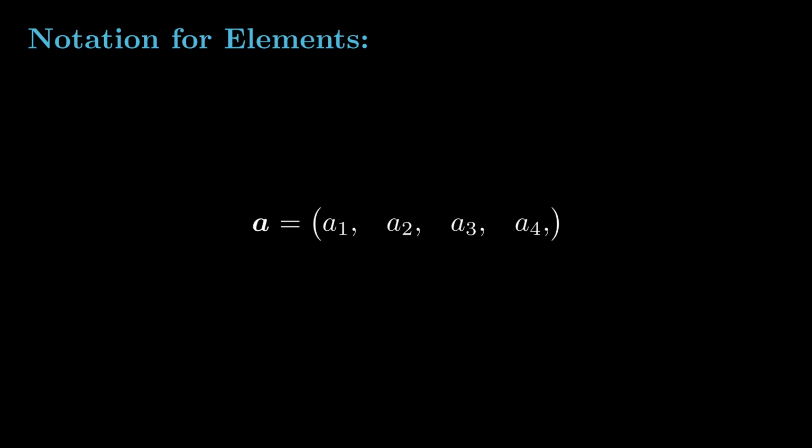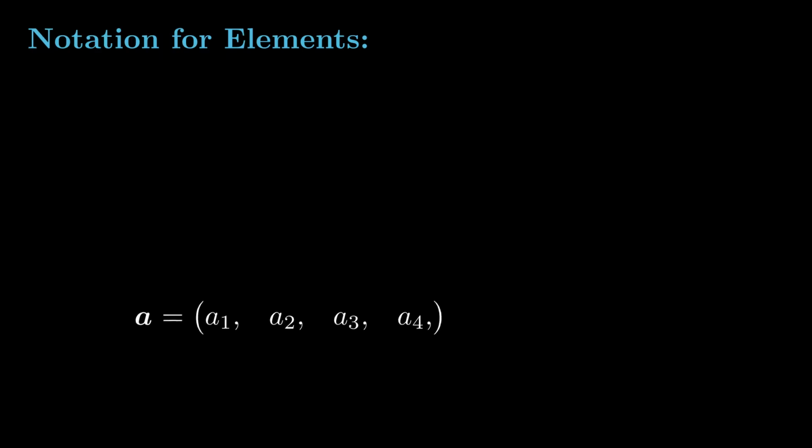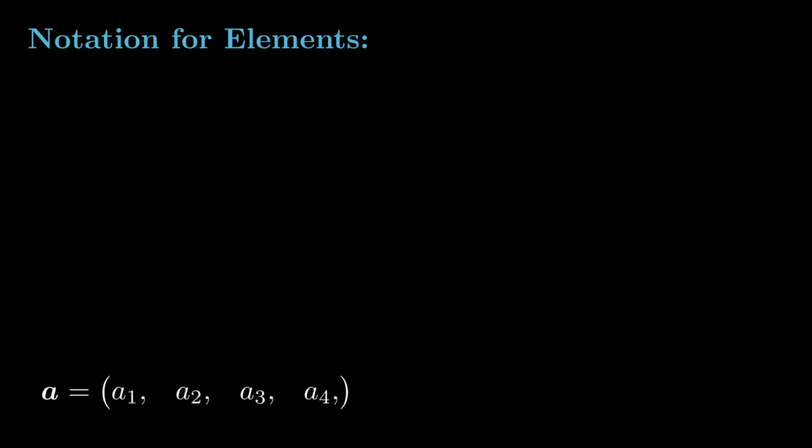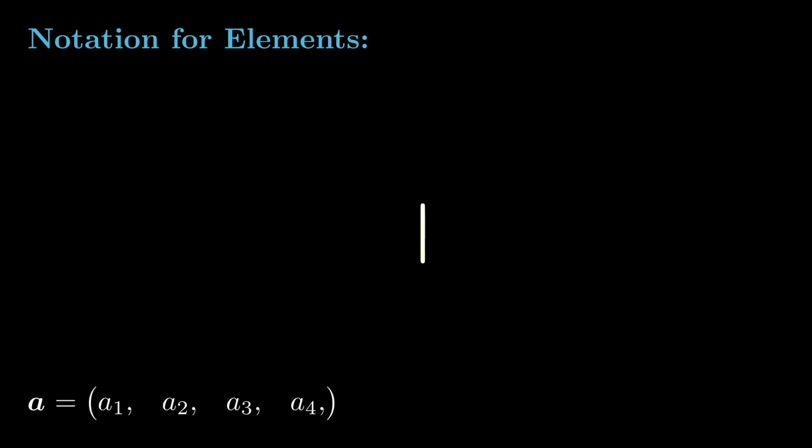The fact of employing two types of fonts, with bold fonts for vectors and regular for components, makes it difficult to distinguish them at first glance. A clearer and more operational notation would use a single font type, where the selection of elements is denoted with an operator. For instance, with a vertical bar. Therefore, to denote a component, we will write a subscript with a vertical bar mediating between the vector and the index of the component.